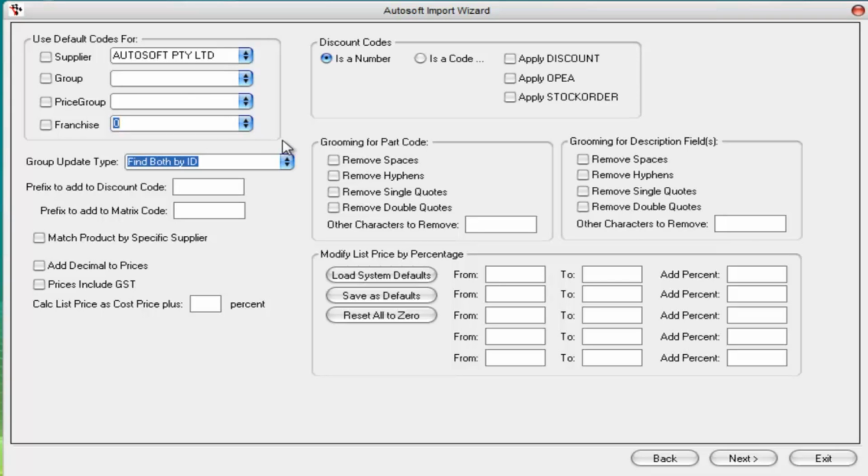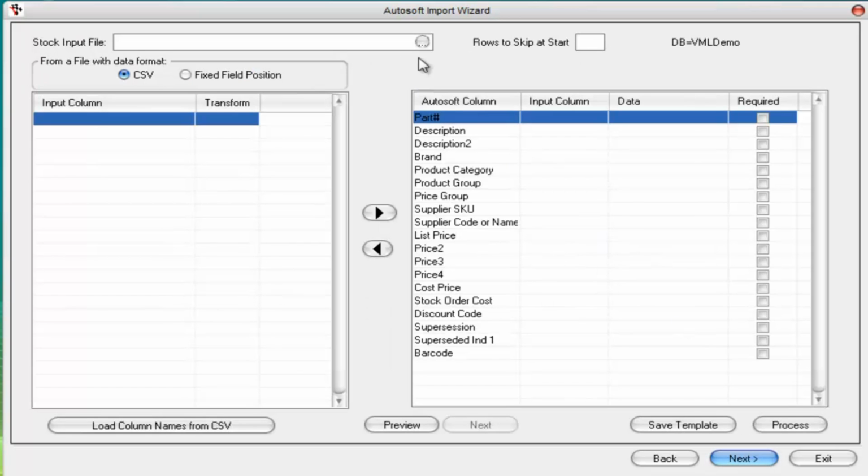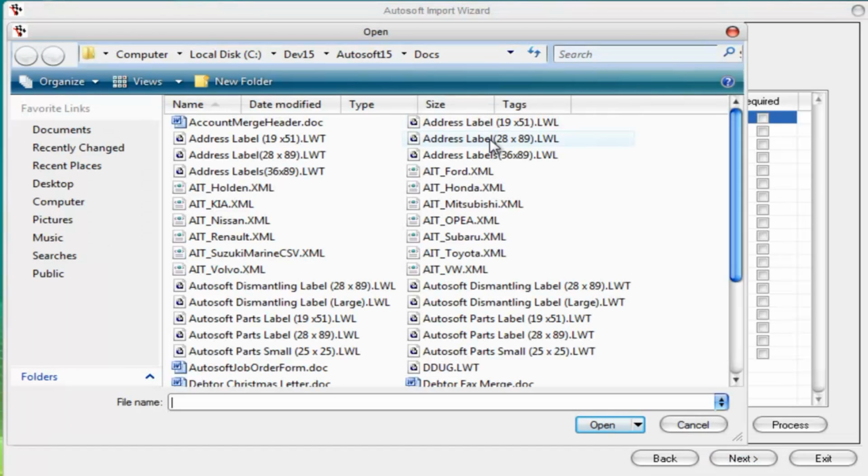To be honest, there's probably not a lot you need to do here, more some specific things that we've done for particular people, and once you set it up once, and you can use our help if you like, you don't need to worry about it after that. So what I'm going to do is choose an input file, and I'm going to go and get it from